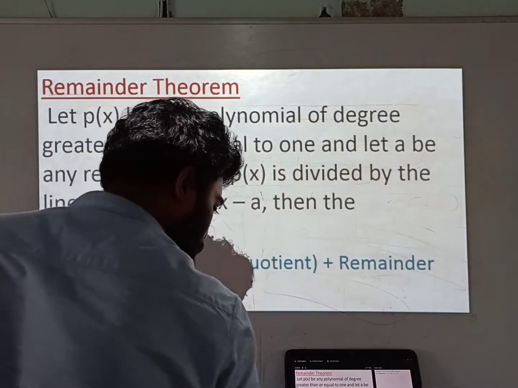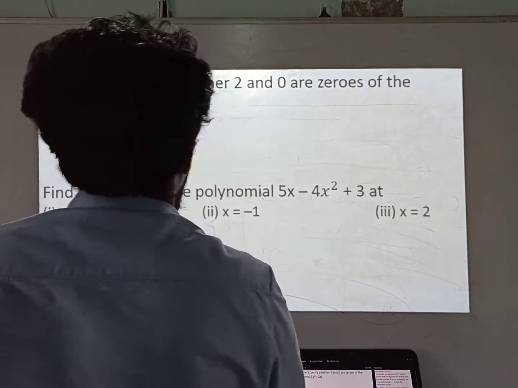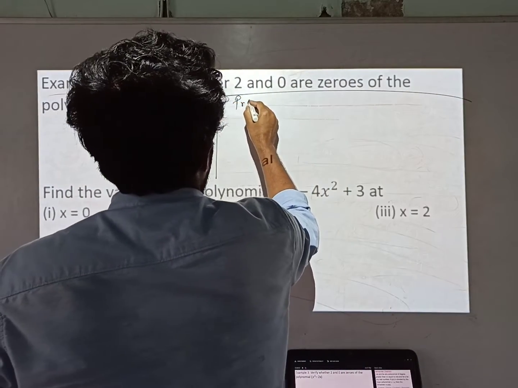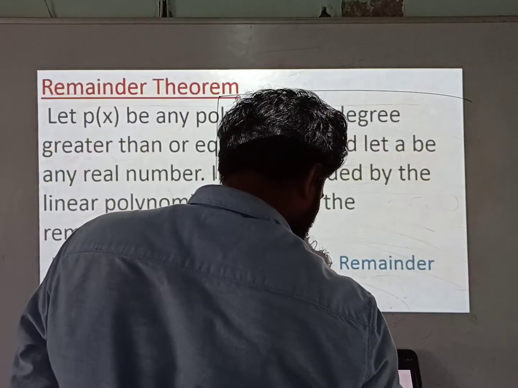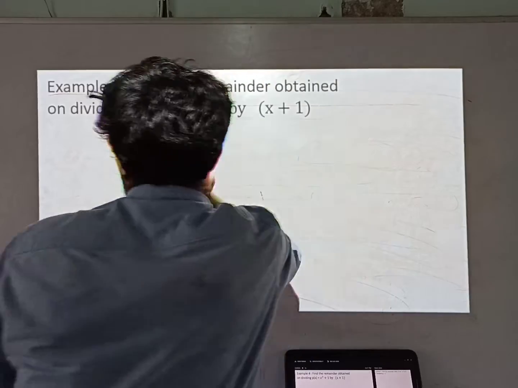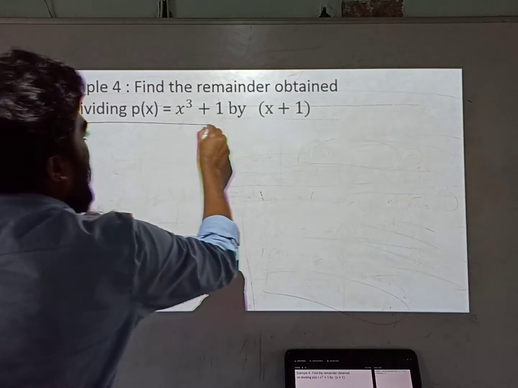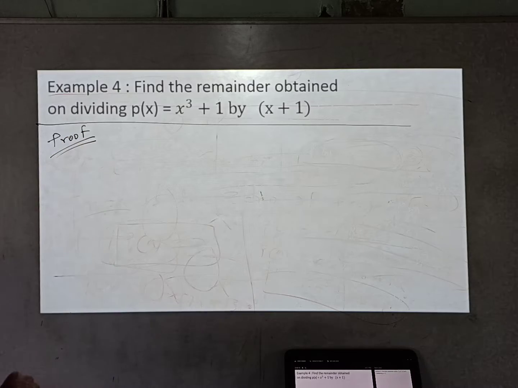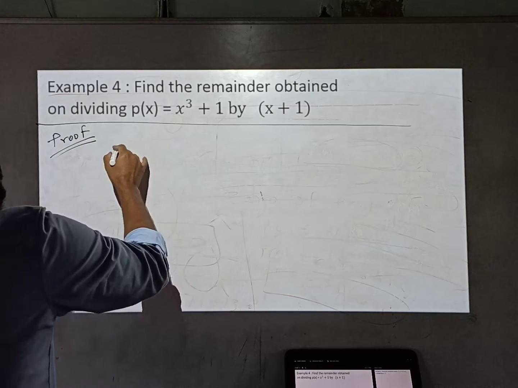चलो यहाँ पे प्रूव कर देते हैं साइड में. प्रूफ और रिमाइंडर थ्योरम। ओके, यहाँ पे प्रूफ कर देते हैं, जगह है क्या? हाँ यहाँ पे है, यहाँ पे प्रूफ करते हैं। फर्स्ट विल प्रूफ रिमाइंडर थ्योरम। ओके, लेट अस प्रूफ रिमाइंडर थ्योरम। तो रिमाइंडर थ्योरम में क्या है?